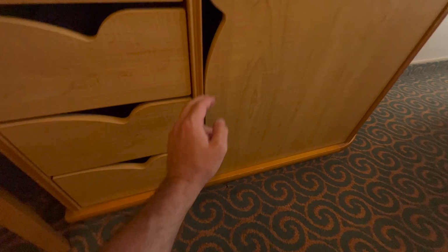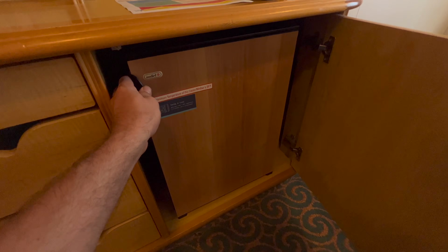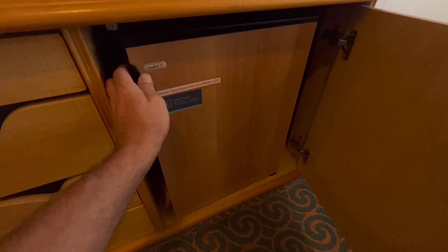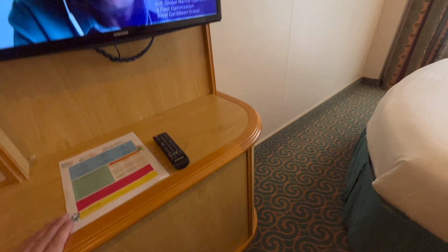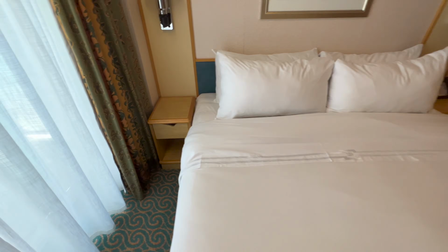More drawers. Now this right here is just a cooler. You can treat it as a fridge, but as you can see right here, 55 degrees. It's just to keep things just enough cool. Continuing on, as you saw, phone, tables, there's drawers on each table. And then my favorite,